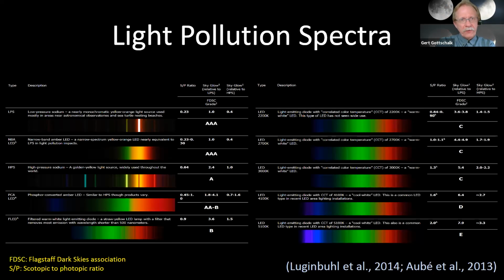And we'll get back to how that is laying the playing field for using filters in astrophotography. We have good old traditional things here like the low pressure sodium, which in the old days was almost a gold standard as a lighting source for city lights. And actually it gets like a AAA rating